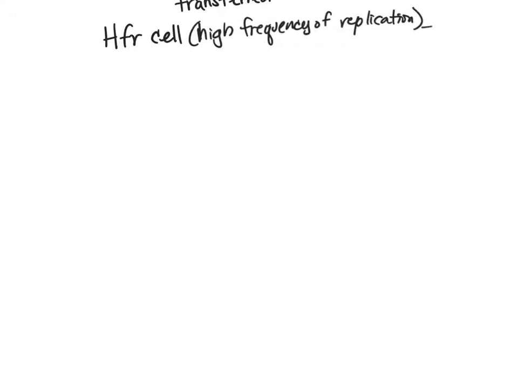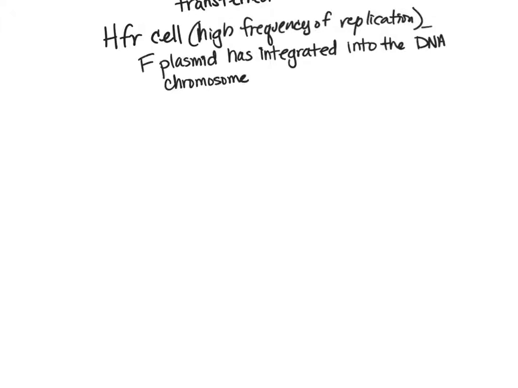So it was an F plus cell in that it has that F plasmid, but then that F plasmid integrates itself into the chromosome. Once it has done this, it now has the ability to, when it excises itself, accidentally grab DNA from either side of where it has placed itself inside of the chromosome where it's integrated. So something similar to specialized transduction occurs here, but it's not with a bacteriophage, it's just